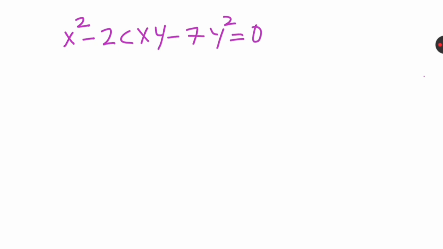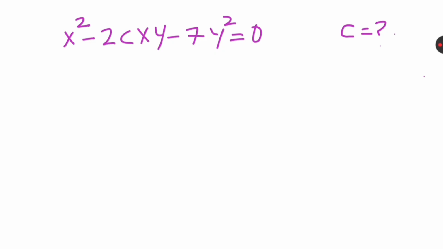Question: if the sum of the slopes of the lines given by x raised to the power of 2 minus 2cxy minus 7y power 2 equal to 0 is 4 times their product, find the value of c. Let's see how to do it quickly. What is given? If the sum of the slopes of the lines, so that means this equation is a